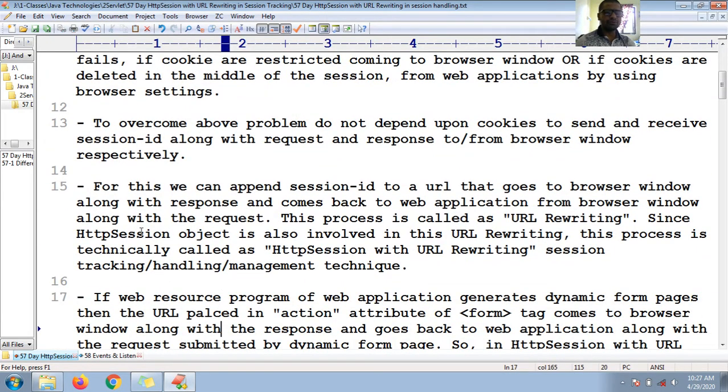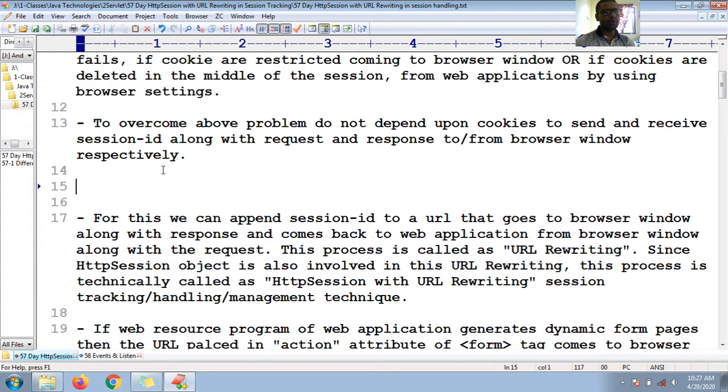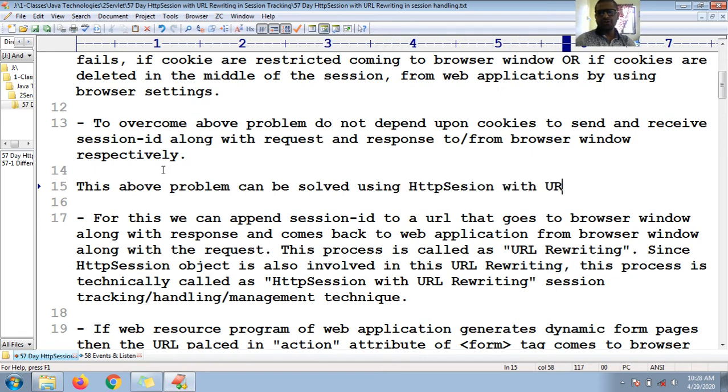So this above problem can be solved using HTTP session with URL rewriting. So how can it be solved, guys?